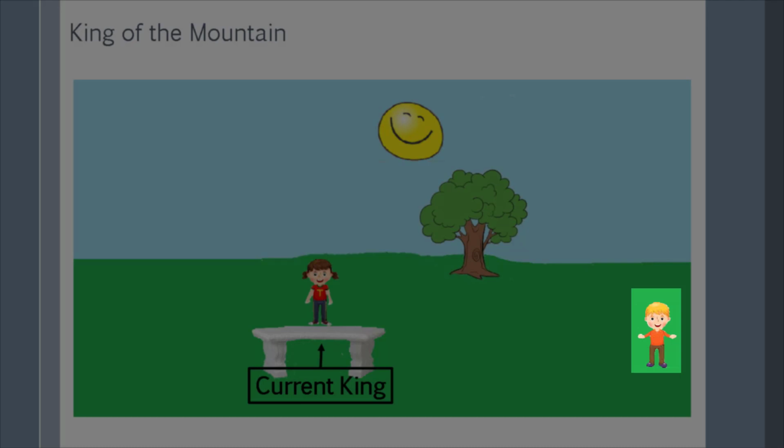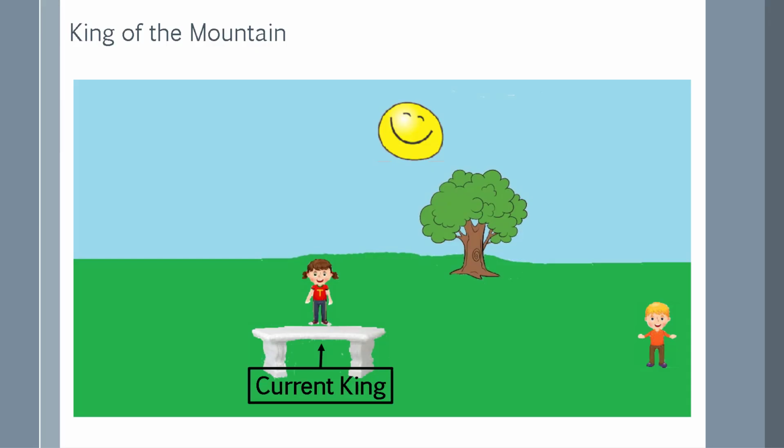Next was Billy. Billy probably started lifting weights when he was about 3, so he was even stronger than Tara. In their battle, Tara lost, and Billy became the new king, and also the current king. Now, in this story, you could always tell who the current king was by who stood alone on the bench. So in that sense, the bench was what kept track of the current king.